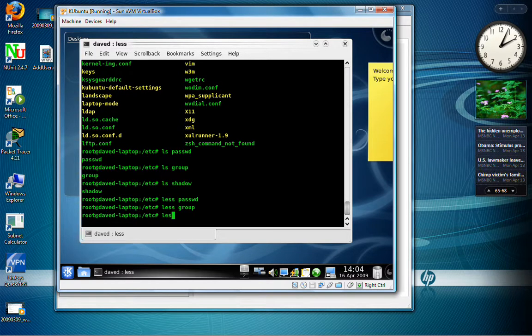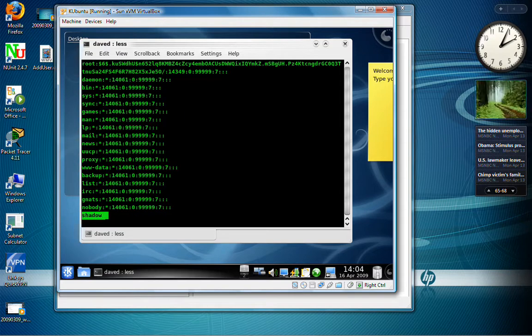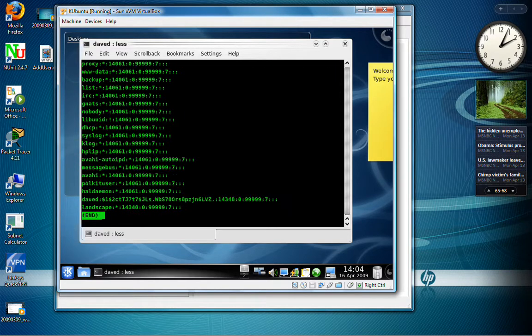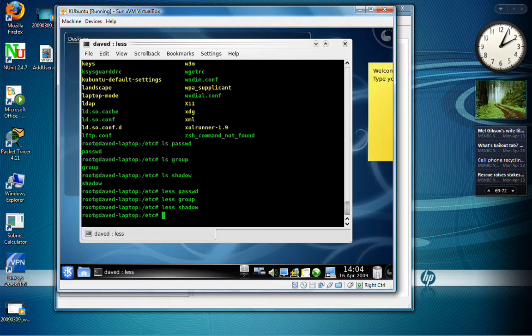The last file to look at is the shadow file. And the shadow file is where the passwords are kept. When we look at this one, you'll see that this user has an encrypted password and some other information. This is a file that really should not be edited if you can avoid it, because it creates a lot of problems. However, some older administrators who've been around for a long time know how to edit these, and they'll do that. The easiest way is to use a command called adduser,